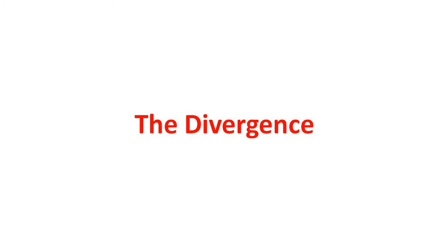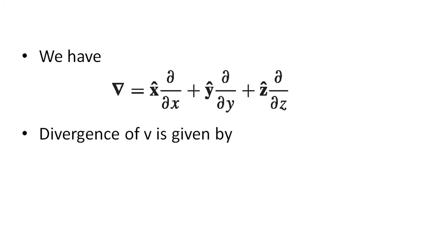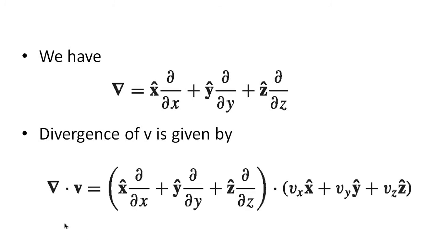Now, the gradient we already discussed. Now the second property we need to discuss is divergence. We have the equation for del, that is del equal to x cap dou by dou x plus y cap dou by dou y plus z cap dou by dou z. Divergence of v is given by del dot v, that is